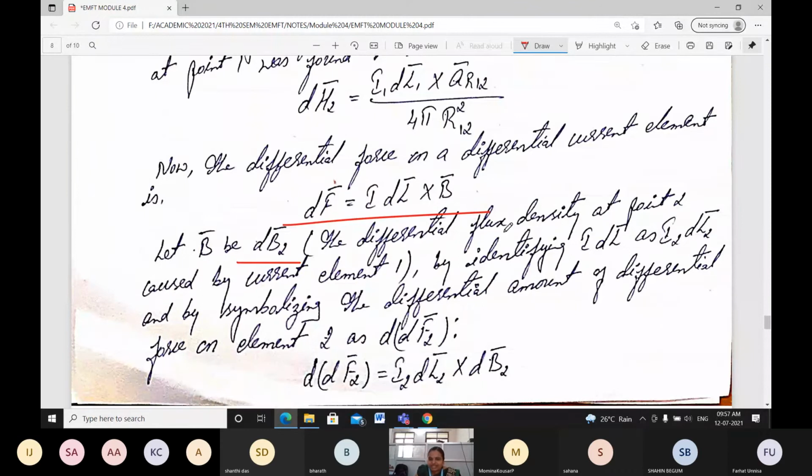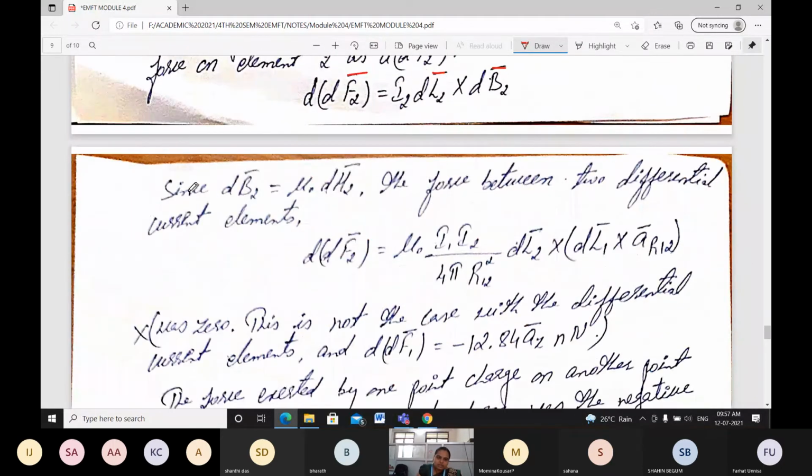Then the differential flux density at point 2 caused by the current element 1. By integrating I dL, taken here for point 2 as I2 dL2, and symbolizing the differential force for element 2, here it is going to be d of dF2. Therefore, d of dF2 is going to be I2 dL2 cross dB2. Remember, you have to specify the directions. Then since our dB2 is going to be